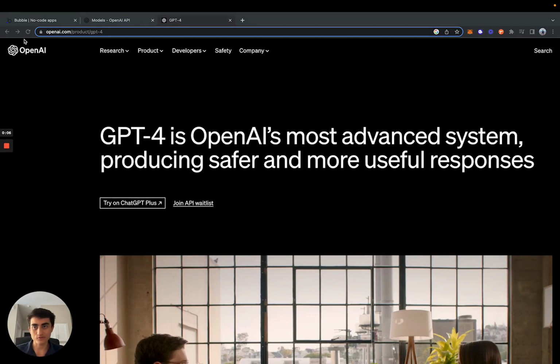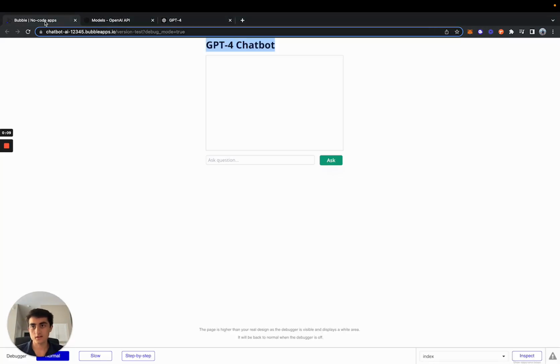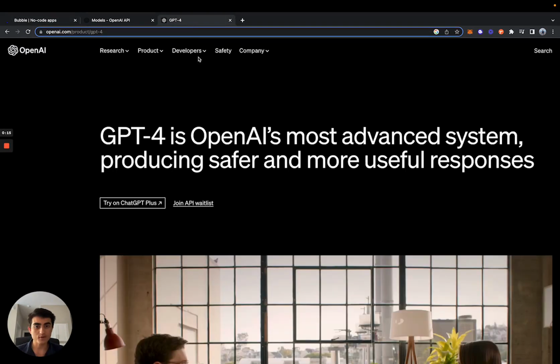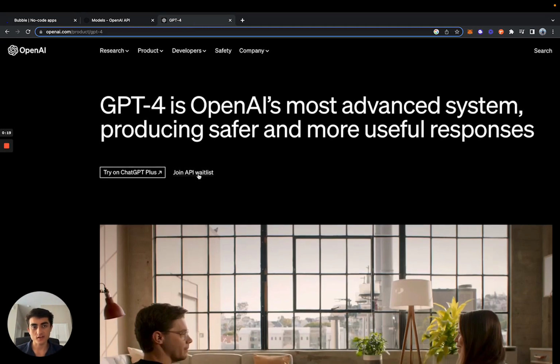I'm going to show you guys how to create a very simple chatbot with Bubble and OpenAI's newly released GPT-4 API. This API is currently in early access at the moment. There is a waitlist that you can sign up with and apply for. It's pretty straightforward, and I believe they are rolling it out a lot quicker now, assuming, because I just got